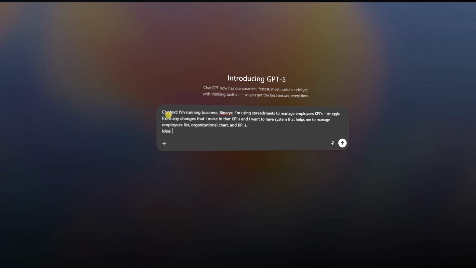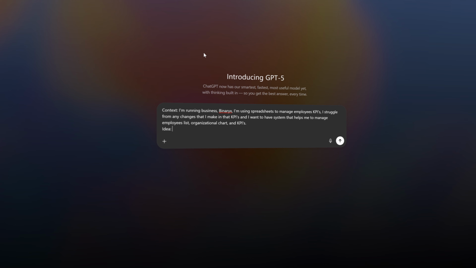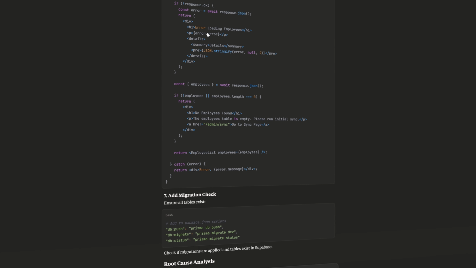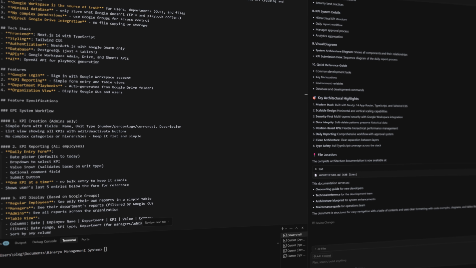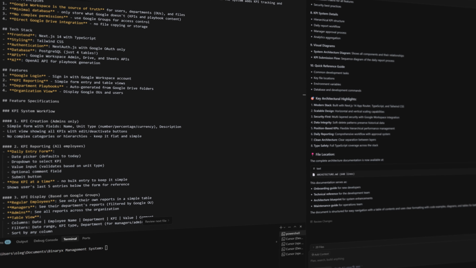But honestly, it's so much of a struggle to always manage and maintain that in Google Sheets or Notion in the era of AI, because AI can do it instead of us right now. And today I will show you my own experience, how I created the application for that company that can be used by other companies too, and by any business to scale and manage the business properly.